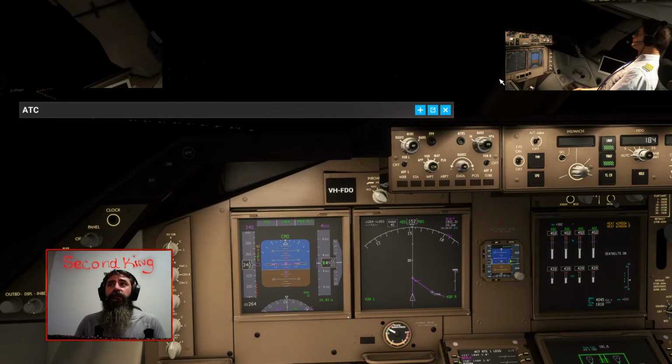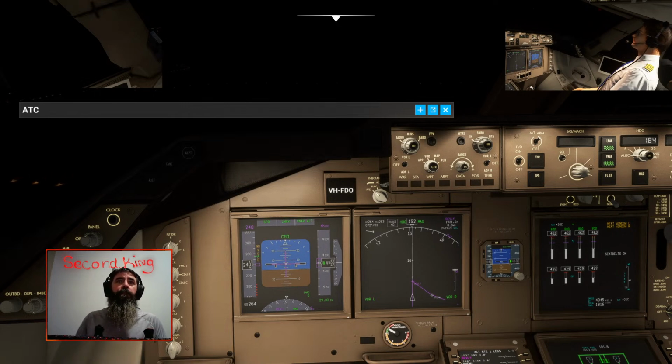So the idea is not to crash. But this will be my first landing in this plane, Boeing 747, in a very long time. So as much as I don't want to crash, I probably will crash. I'm not used to it. I've been using the fly-by-wire A320 primarily. That's a two-engine and slightly shorter than this. The cockpit view is different, and it can throw you out a little bit when you're trying to judge your landings.